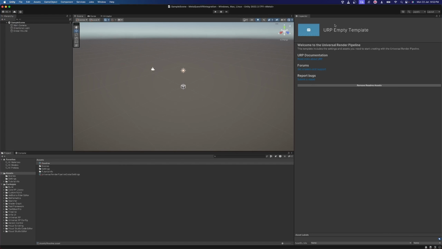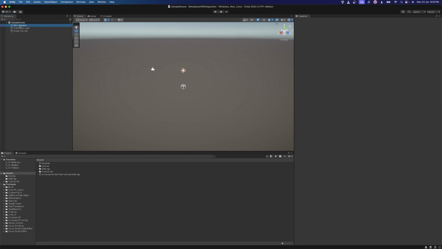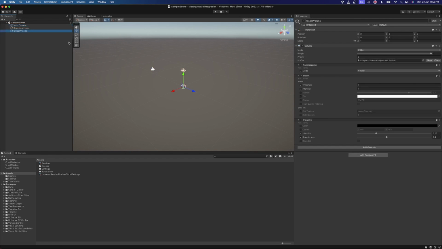Okay, once you have Unity opened, you should see your URP scene preloaded. It should be called Sample Scene with a main camera, directional light, and a global volume component loaded already. Then in your project, you should see all the preloaded packages for the 3D URP scene. I recommend removing some of them because they can add a lot of bulk and increase